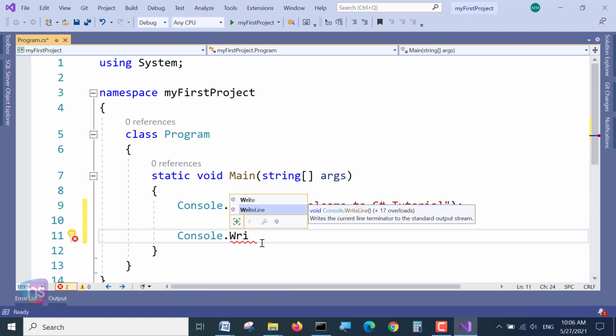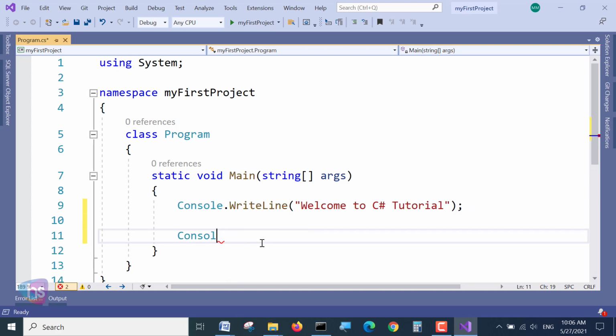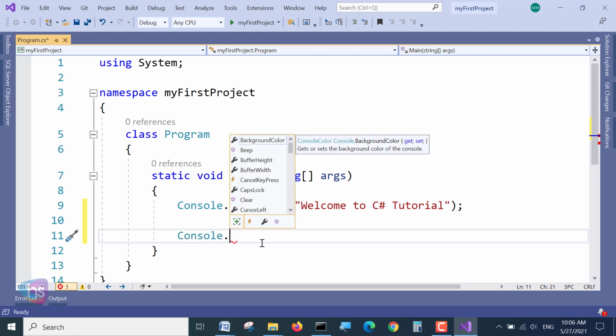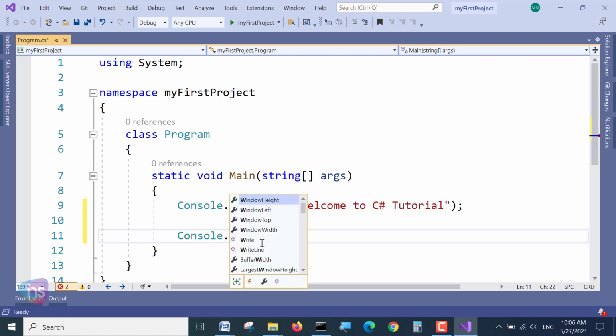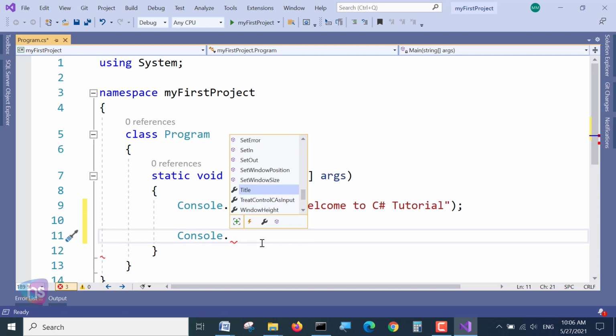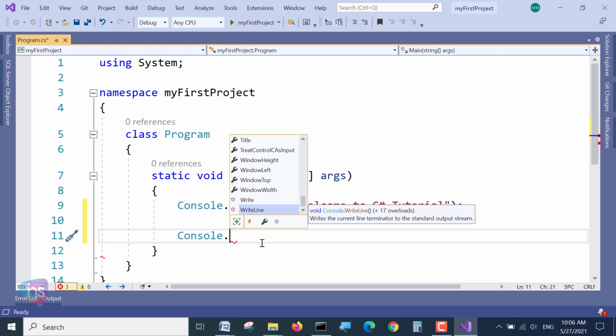See, WriteLine means we are going to write one line. On every statement we write only a single line, so we are using WriteLine. And if I use Write, it will give you a sum; it may not be in a single line, maybe in multiple lines. So you can try to use WriteLine. There are many options here, such as Console.Write, WriteLine, SetError, SetOut, and many more. You can try to check it yourself.